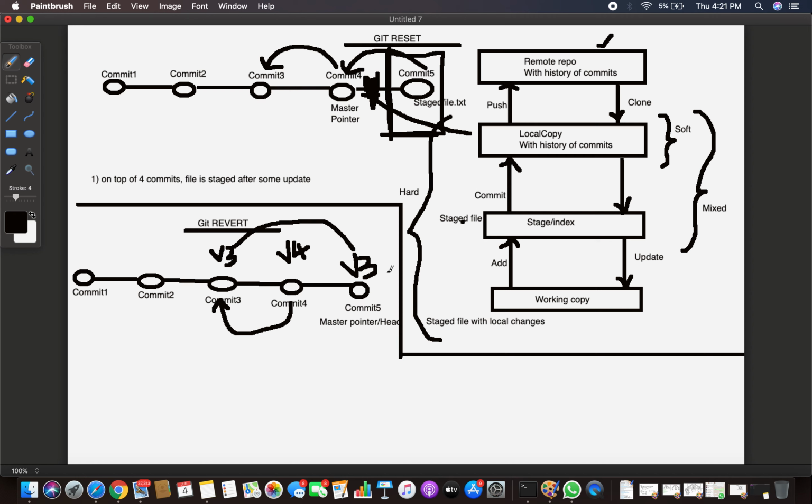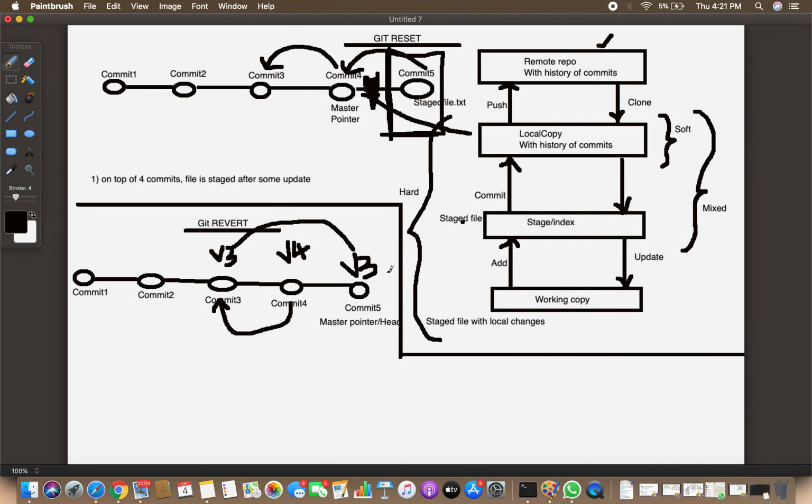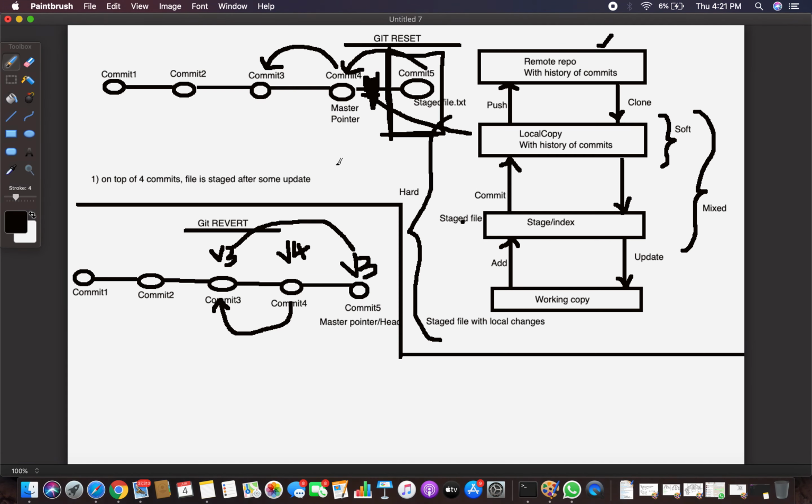So you are not actually making any commit as an orphan, and the orphan will be going to garbage collection and will be removed automatically. That is the main difference. In git revert there is no overriding of the commit history, whereas in git reset you are actually overriding the git commit history. That is the difference. You can use git reset when you are on a private branch if you don't want to make new commits, but when you are working on a public branch, it's advisable to use git revert.